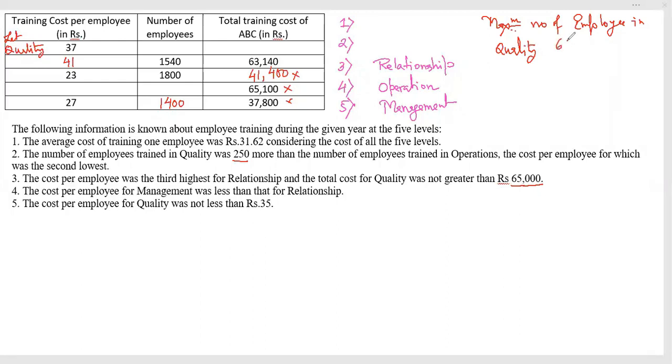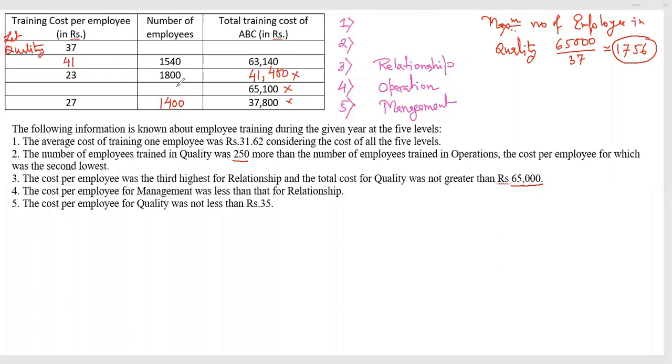That would be 65,000 divided by 37, which comes to 1756. Now, if 1756 is the number of quality employees,